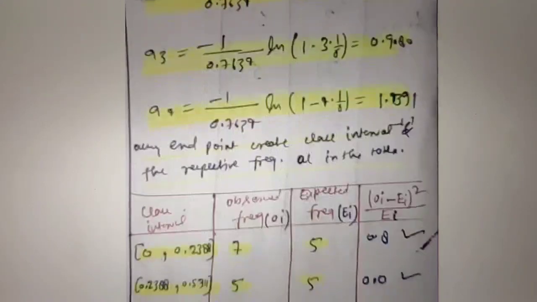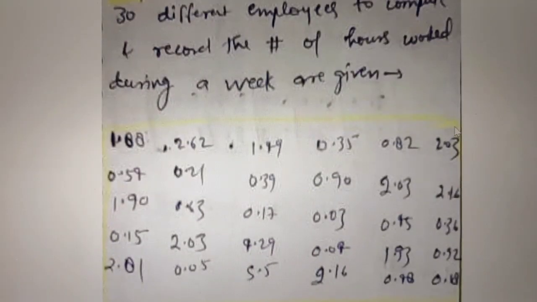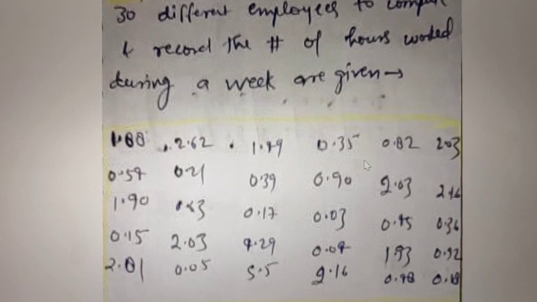Basically, what we are trying to do: from the data we have been given, to categorize it we have to define intervals. We have taken 5 intervals, so for that we define the interval limits, and now we have to find out how many of these records lie in one particular interval. Okay, so here the thing is the same.